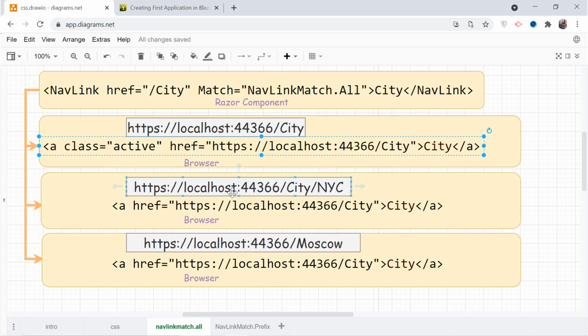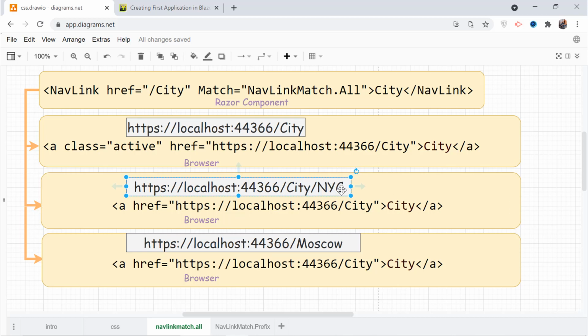But in the other two cases, the href is not completely the same as the URL of the pages. See the second one, here href is /city, but in the page URL it is /city/nyc.